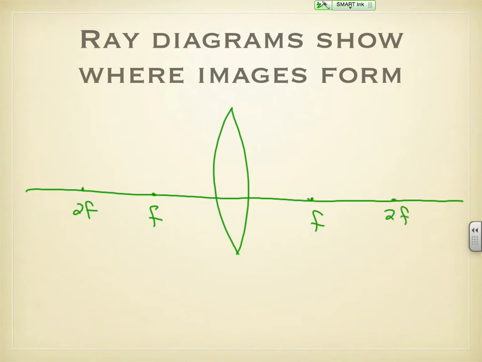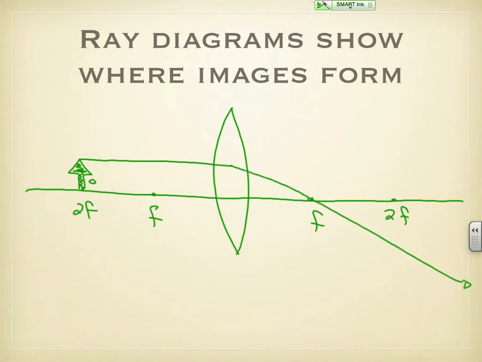So again, we're just going to approximate here. But if I have my object over here, and I put my object right at 2F, it should form on the other side right at 2F. And again, since we're just approximating here, it's not always going to work so well, but any light ray that comes in parallel to the principal axis is going to go through where? Anything that comes in parallel gets focused on the focal point,